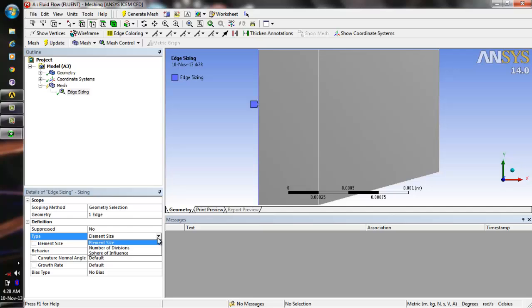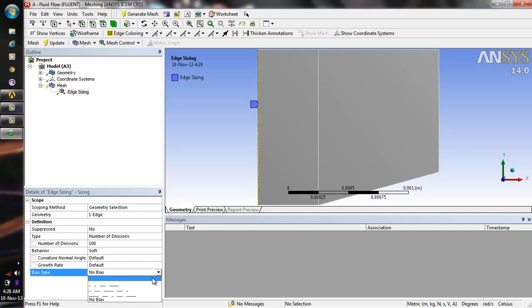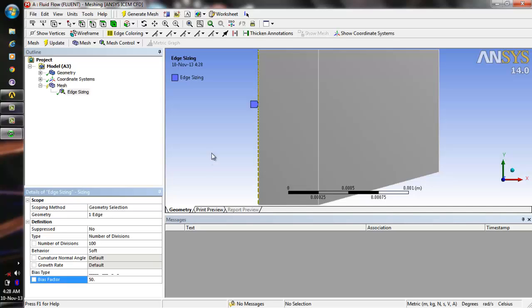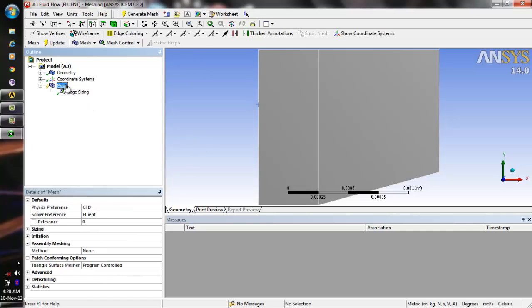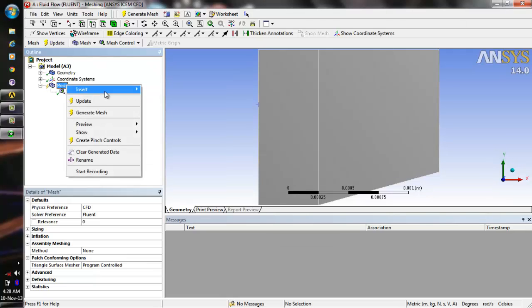number of divisions, make it as 100, okay, bias, yes, this would be 50, reverse it, okay, done. Now one more edge, insert,